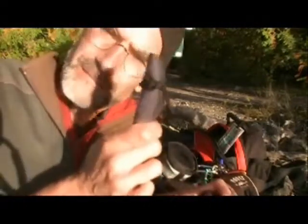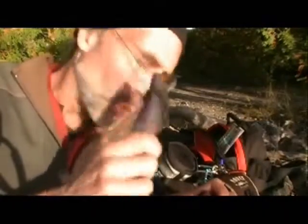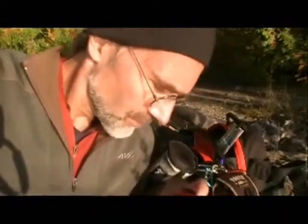and a sleeping mask in case you need to take a little nappy poo. Okay, I put that in there. That's extra. Moist towelette